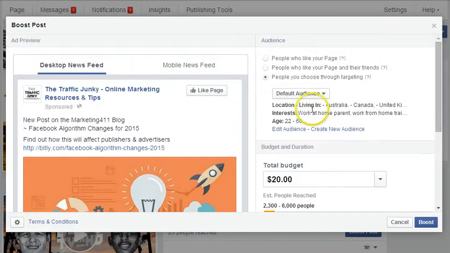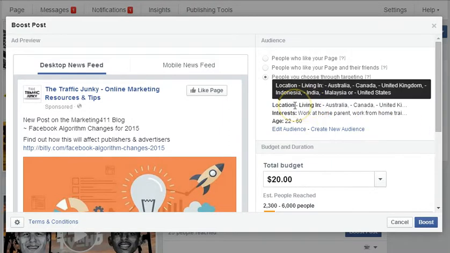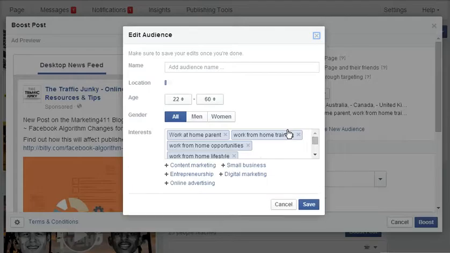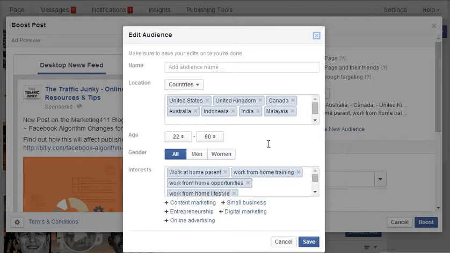Okay, so for this illustration, I'm going to highlight this. I picked my locations to live in Australia, Canada, United Kingdom, as you can see, Malaysia, United States. And let me hit edit so you can see what that field looks like. Okay, so now I can come in and I can name this one. I can say,